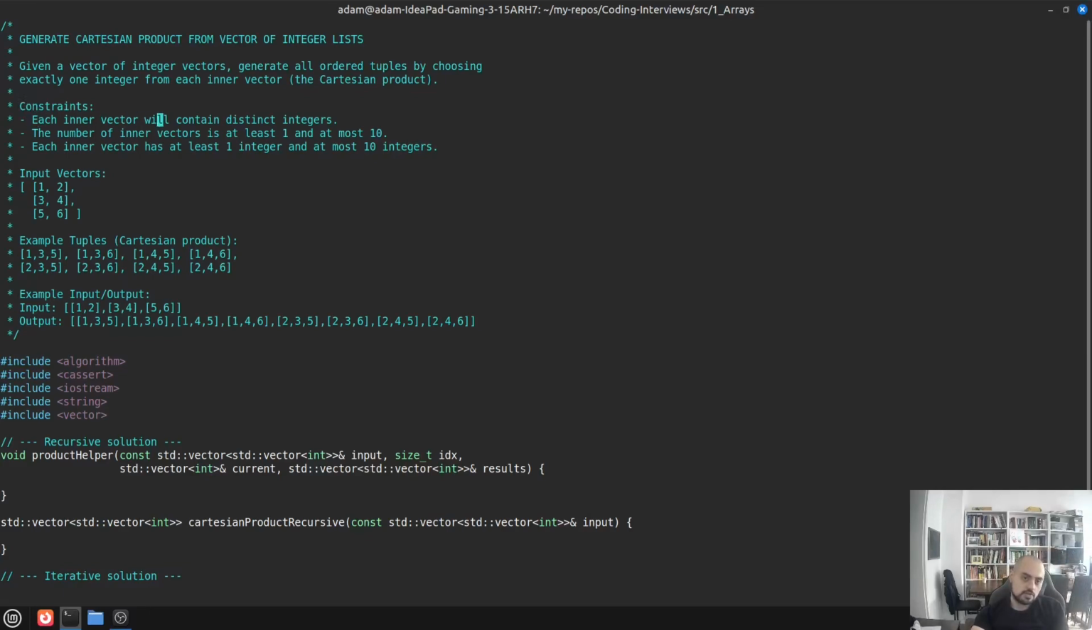Each inner vector will contain distinct integers, so we don't have to worry about repetitions within the subvectors, and the number of inner vectors is at least one. We don't have to assert or do any kind of weird ifs, like if empty, then throw an exception. We don't have to worry about this. There will be at least one inner vector and at most 10, meaning there won't be that many of them. And again, each inner vector has at least one integer inside, and